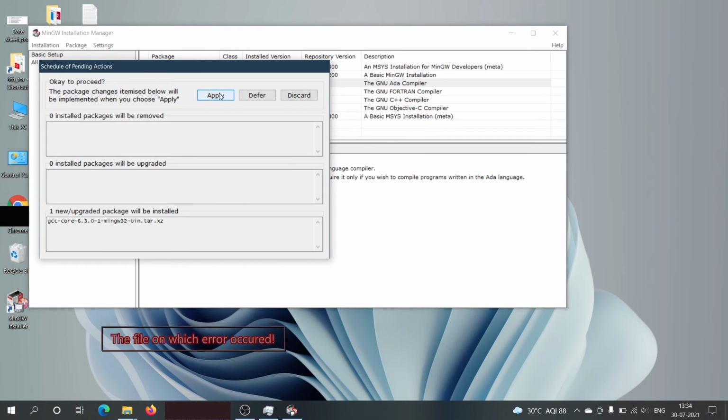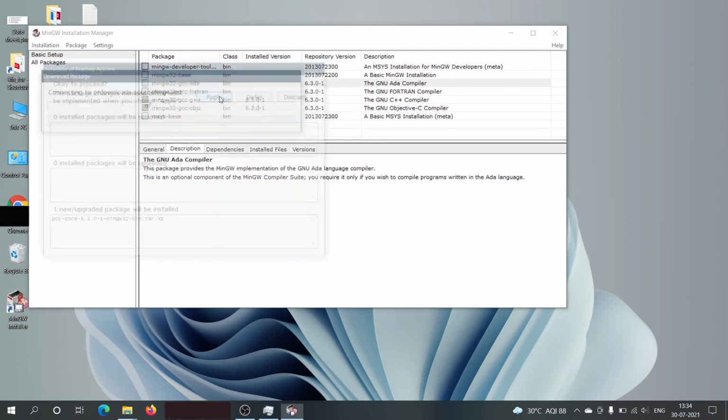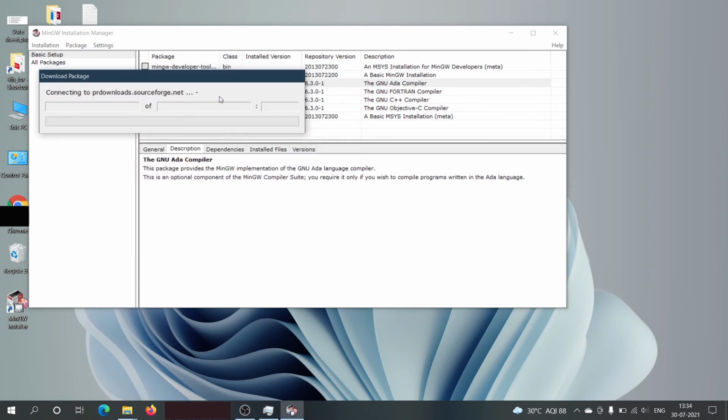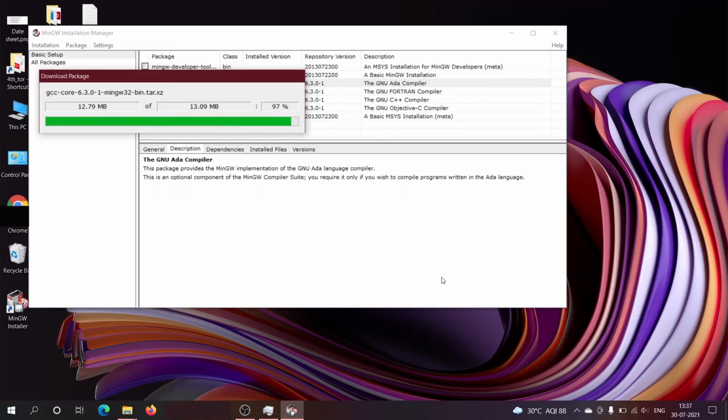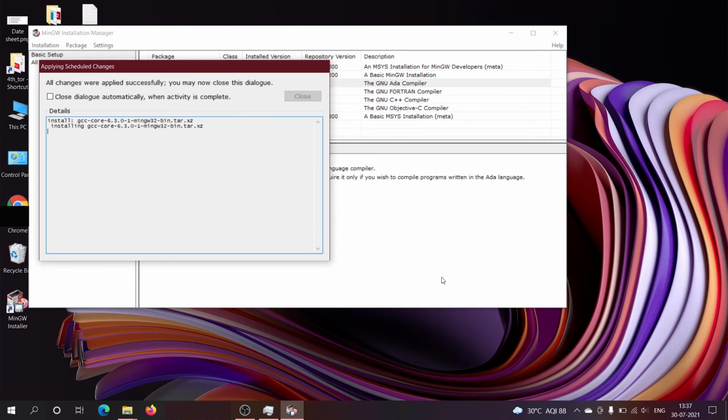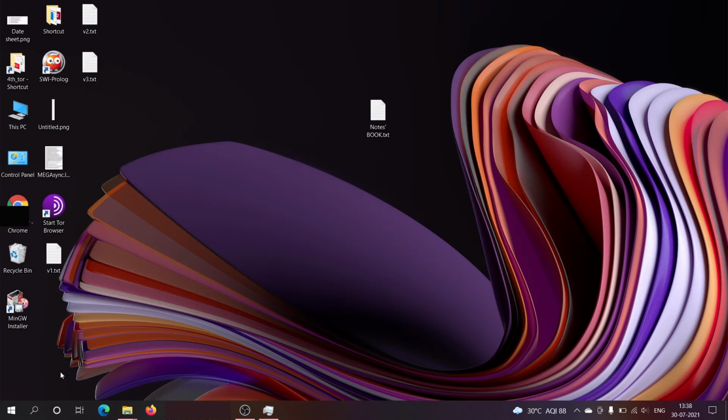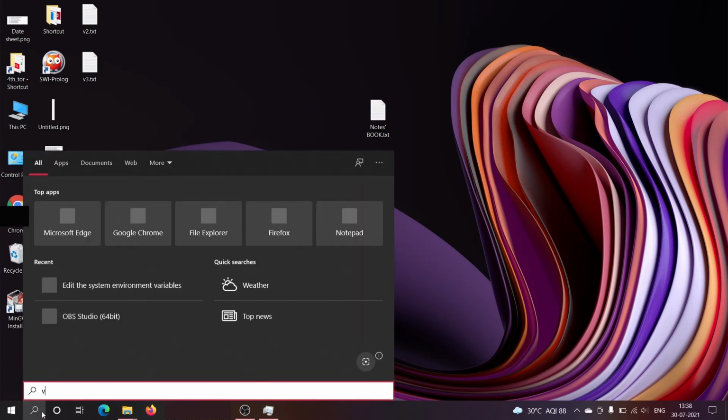Now the file that got skipped with that error, this is that file. To install it again, we try again, we click on apply. It will try to download that file again. Now all the packages are installed. We click on close. Now let's try compiling our code.